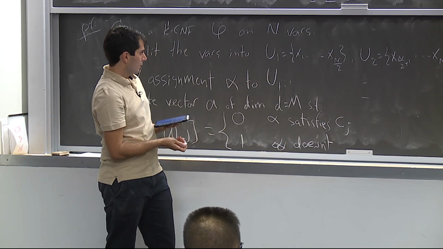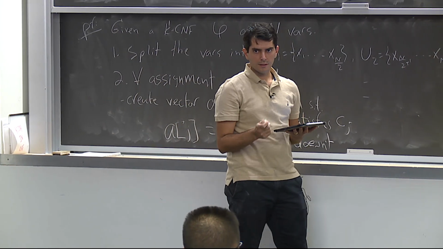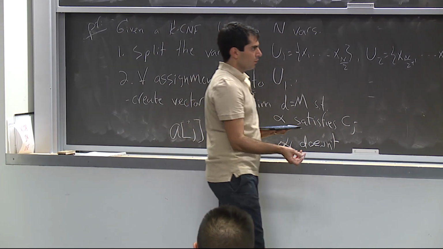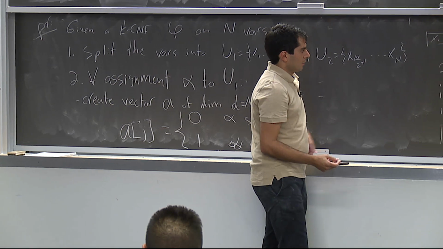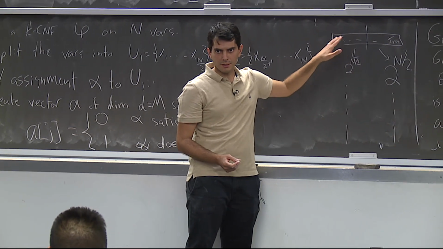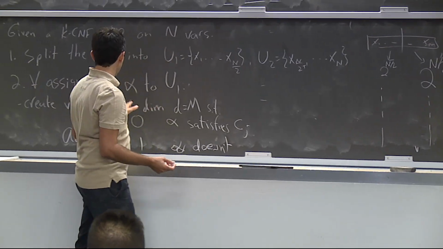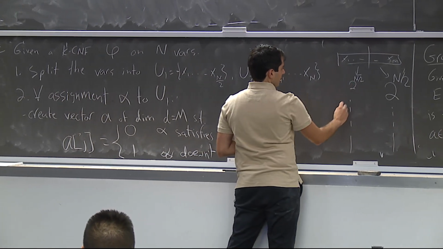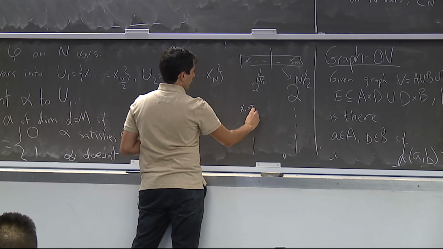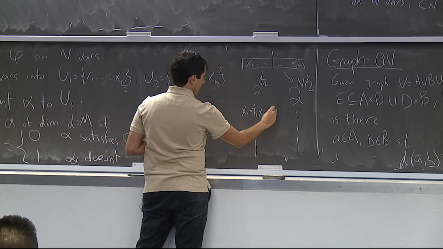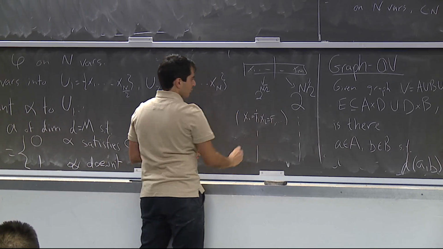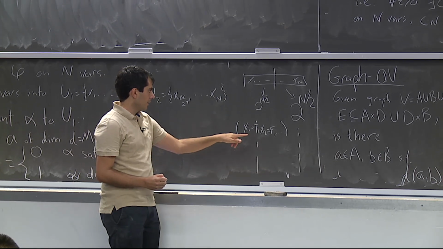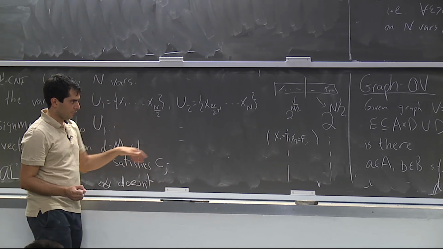Okay, so how are we defining these vectors? We look at the formula, at the clauses of the formula. First of all, we have these assignments to half of the variables. So take some alpha. It's some assignment to this half of the variables. So it says x1 is true, x2 is false, and so on. It sets some true or false value to half of the variables. And now to define the vector for this alpha,